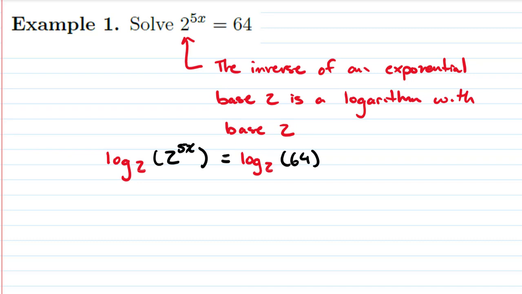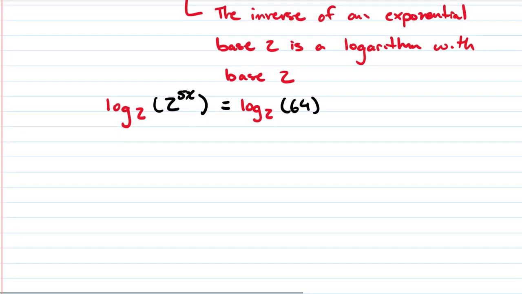Well, since the logarithm base 2 and the exponential base 2 are inverses of each other, they reduce out. And on the left-hand side, the only thing that's left is 5x is equal to the logarithm base 2 of